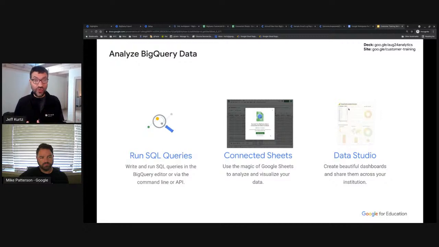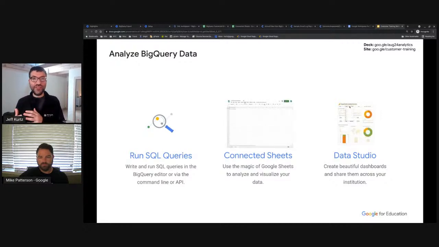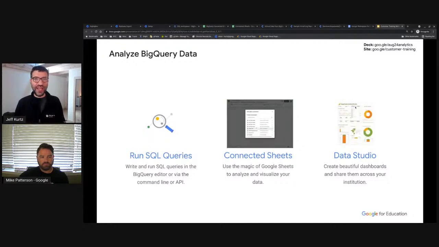The second thing you can do is connect your BigQuery data to Google Sheets. It's very easy. I'll show you how to do it. Just a couple of clicks. And once it's connected, you can then use the magic of Google Sheets and everything you're familiar with within Sheets